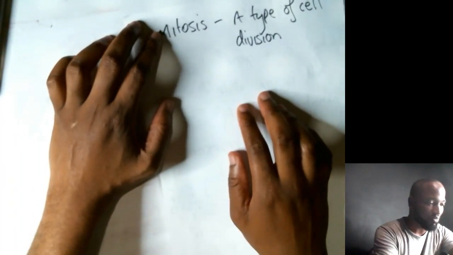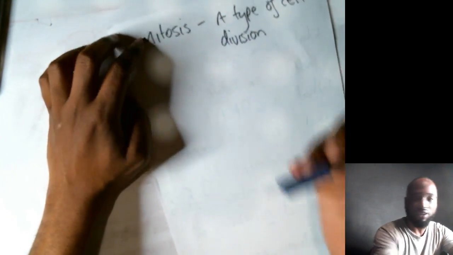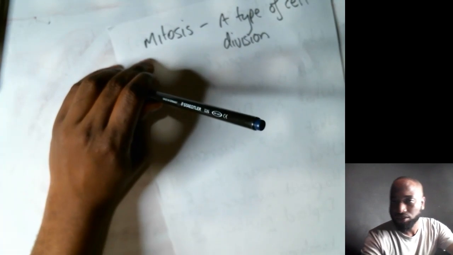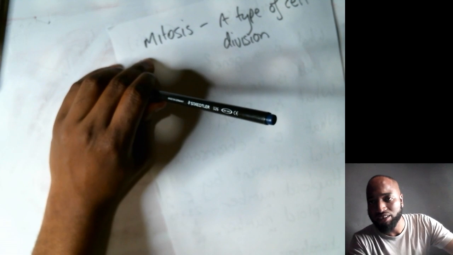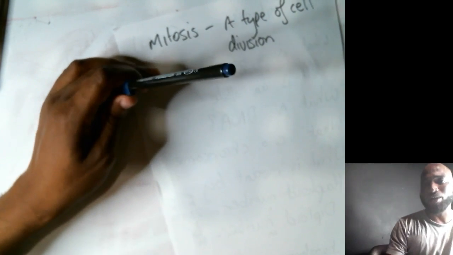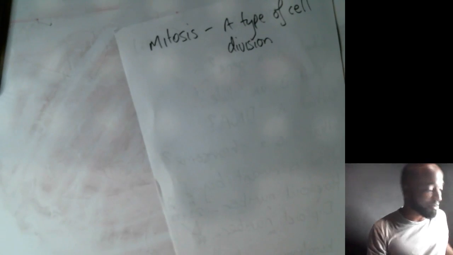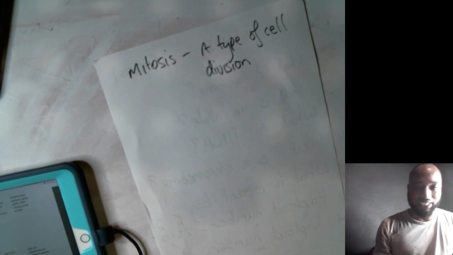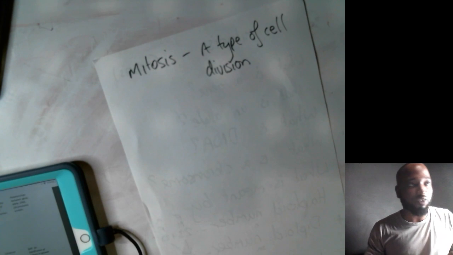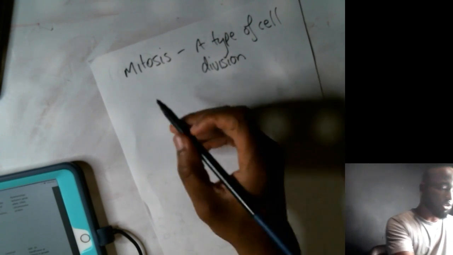It's a type of cell division where the daughter cells. Yeah, I'm doing mitosis and meiosis, and then I might pause the live and come back. I think I might take a break tonight because I'm real tired. I've been going the whole week and I'm barely getting any breaks. But Saturday we go kill them off with biology, chemistry, and admats. Anyhow, mitosis, a type of cell division. Yeah, and we had a nice definition of it there.